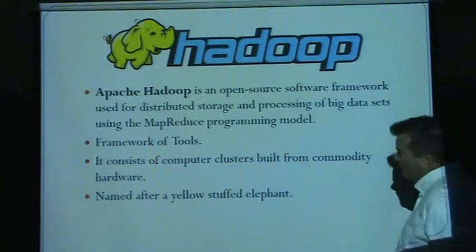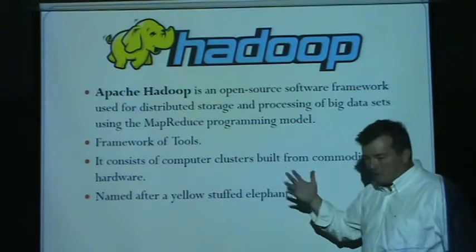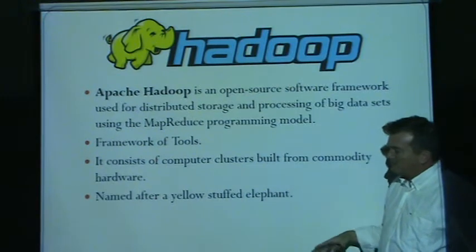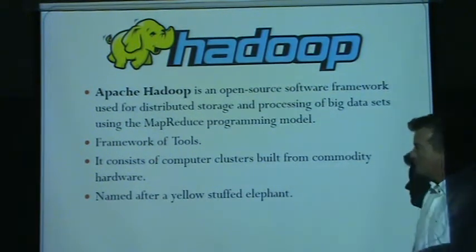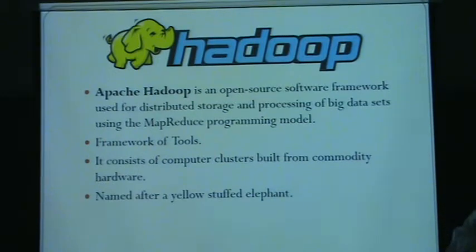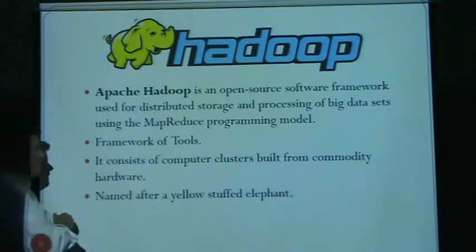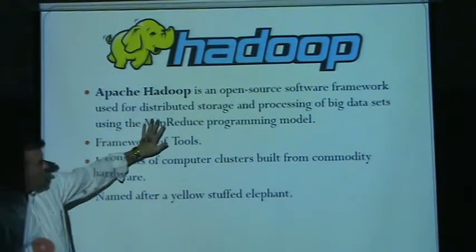So there's a framework. A framework isn't a product. It's not a product you go down to Staples and buy and install on a machine. It's basically a set of concepts that, if you have enough equipment, you follow this procedure when going to search for something. So Apache, which puts out a lot of freeware, currently maintains Hadoop, which is an open source framework used to distribute storage and processing of big data sets, using a concept called MapReduce.